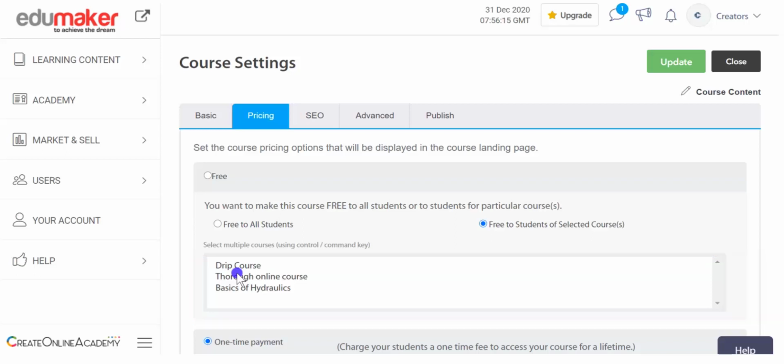This option can work when you wish to give some supplementary courses free along with a paid course, and you may mention that in the course description, which may lure the visitor to take your paid course with which this course comes for free. You may further select more than one course in this list by pressing the Ctrl key.